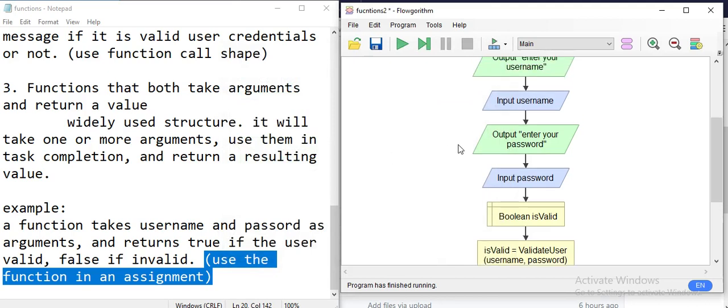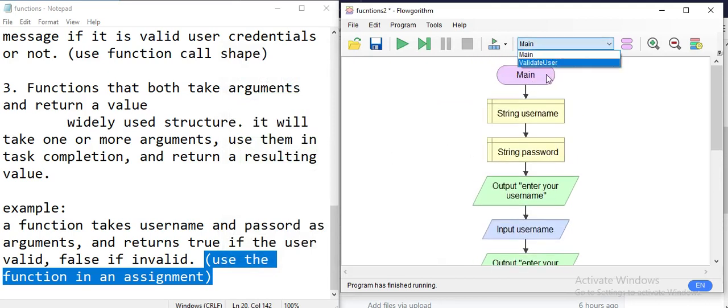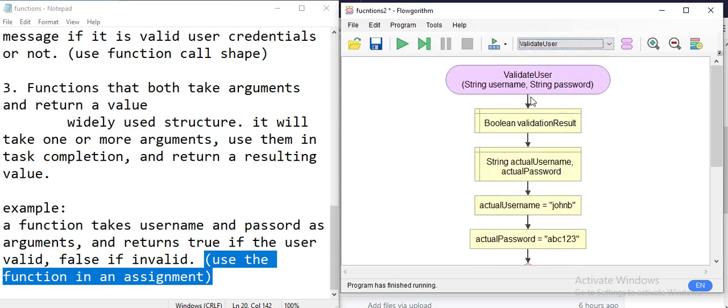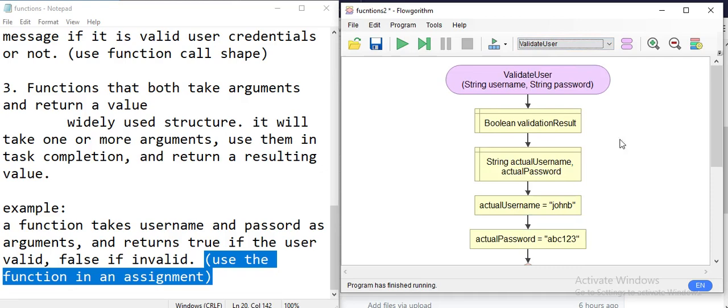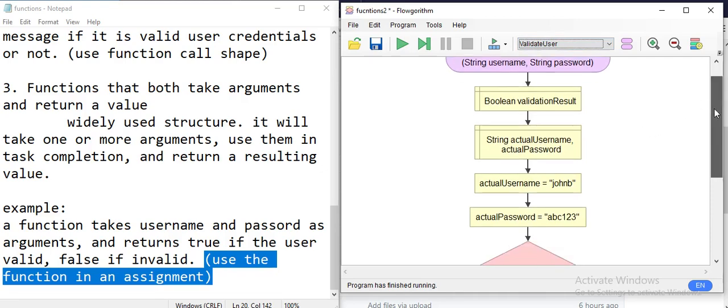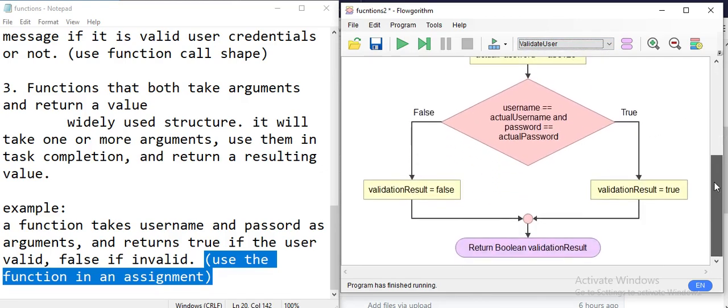As you see, functions are very, very useful. They are separated from the main function, in other words, the application itself, and they should actually be implementing a very specific